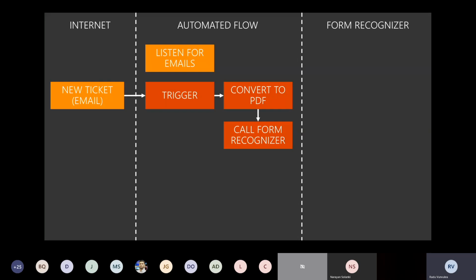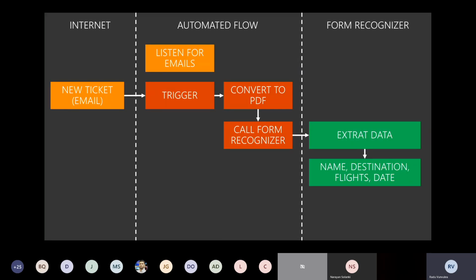After that, we have the call Form Recognizer step that is just calling directly the Form Recognizer that is running inside Azure. It automatically extracts the data, from which I'm looking at the name, destination, flights information and the dates. And why flights and not only a flight? Because I don't know how it is in your case, but in most cases when I need to fly somewhere, or I used to fly, because